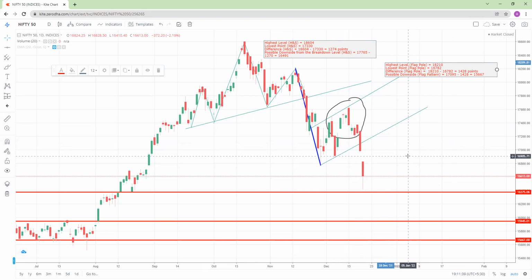As of now, the market is in an oversold category. It is being hugely sold. It has been hugely sold in the last 5 to 6 days. It is in the oversold category. So we might see some pullbacks, but should we be buying call options, put options at this point of time?